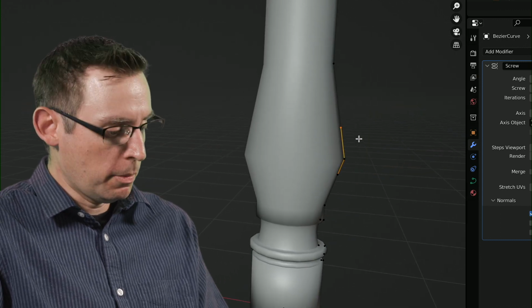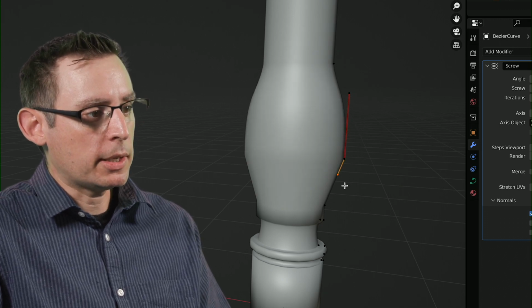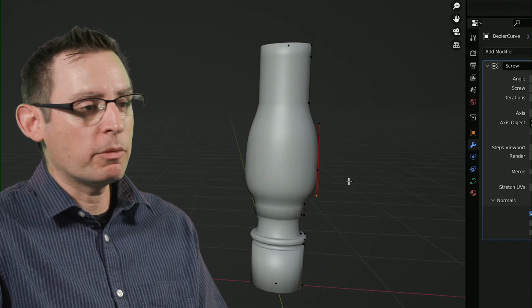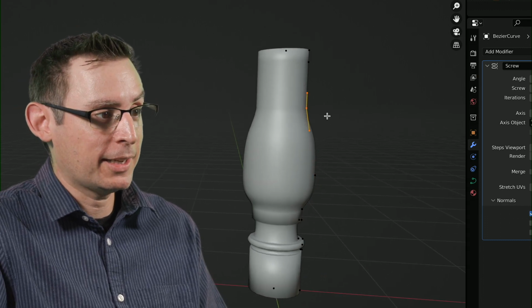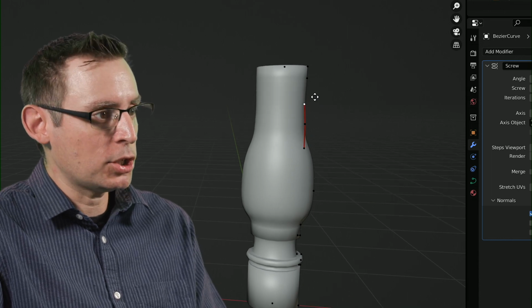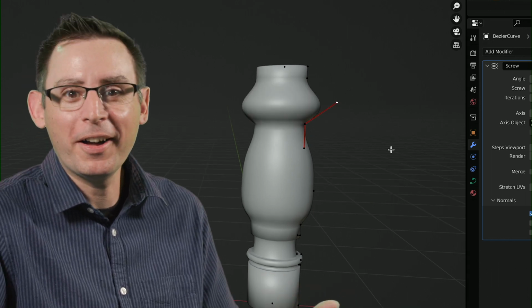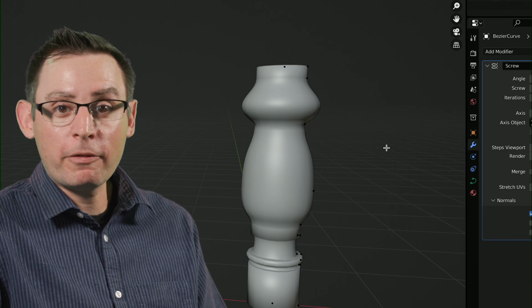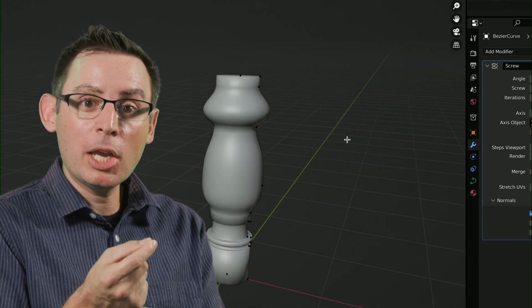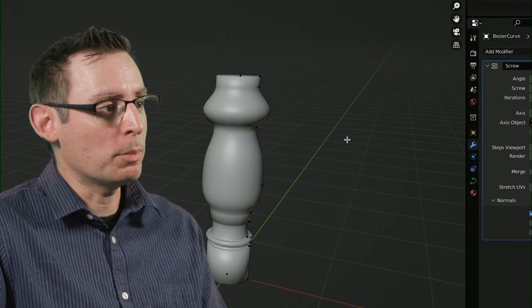Maybe I want it to be a nice little curve. All of this is still live, which is pretty fantastic. I can continue to edit the shape into anything I want while the screw modifier is still active inside of my scene. There's a live connection between the location of the points on our path and the screw modifier.